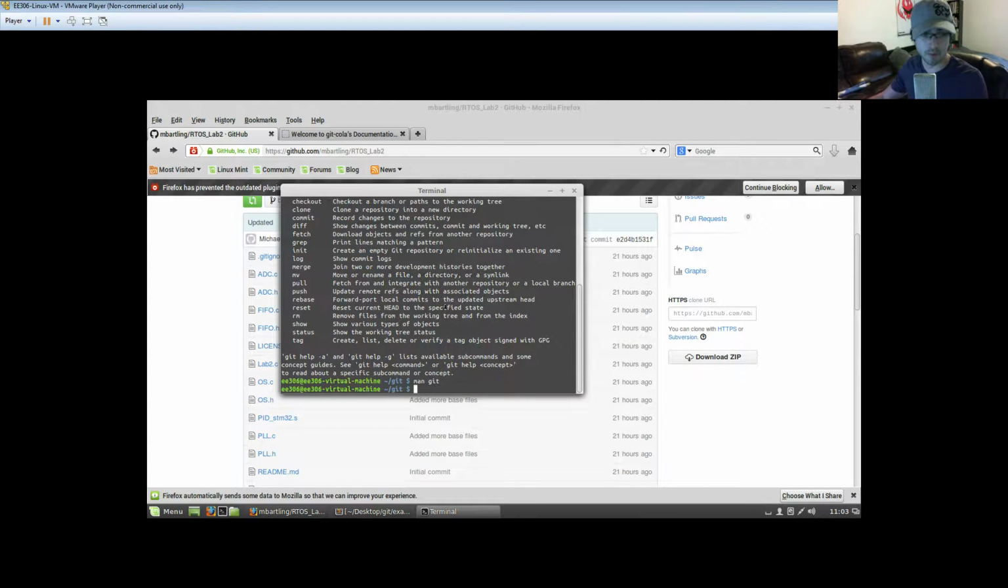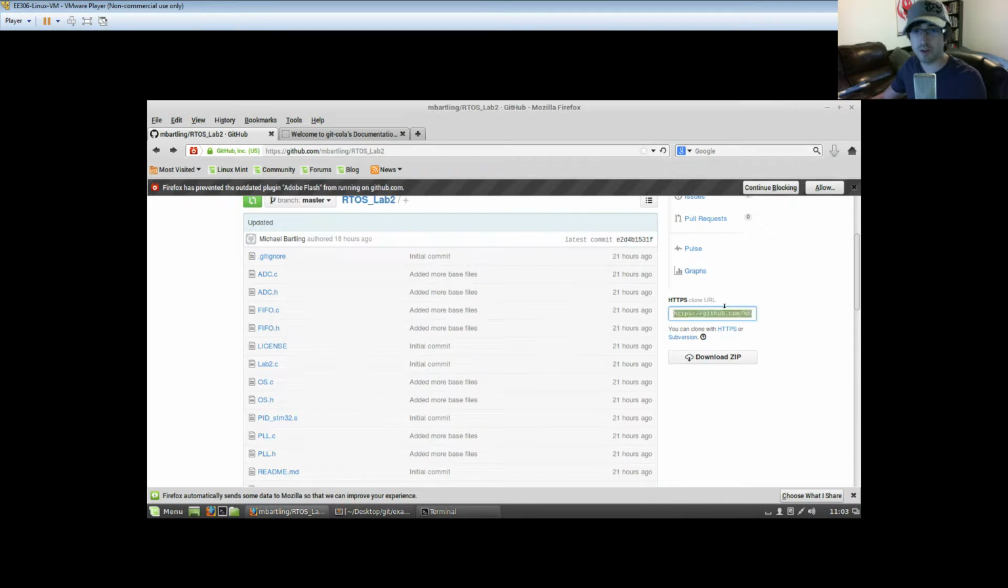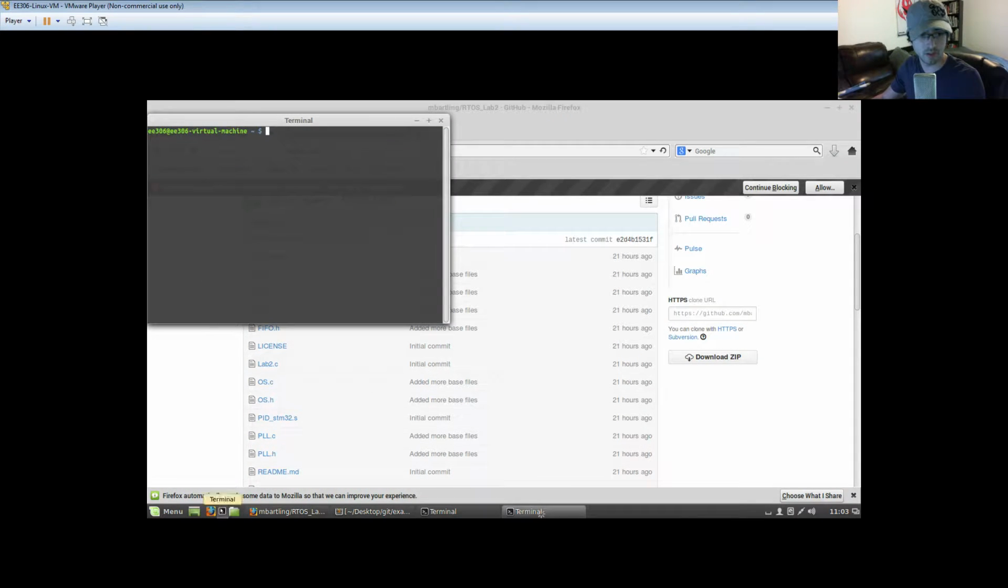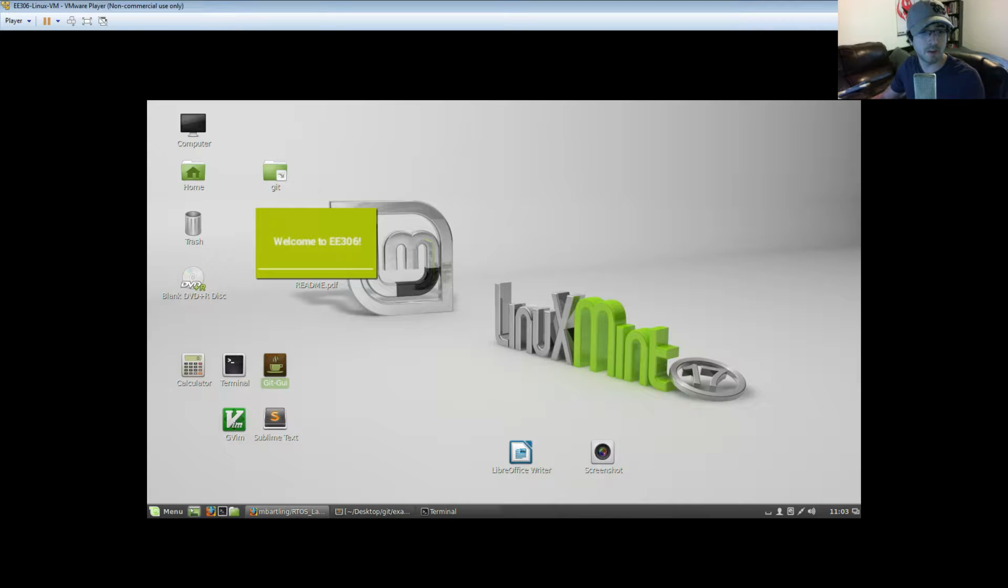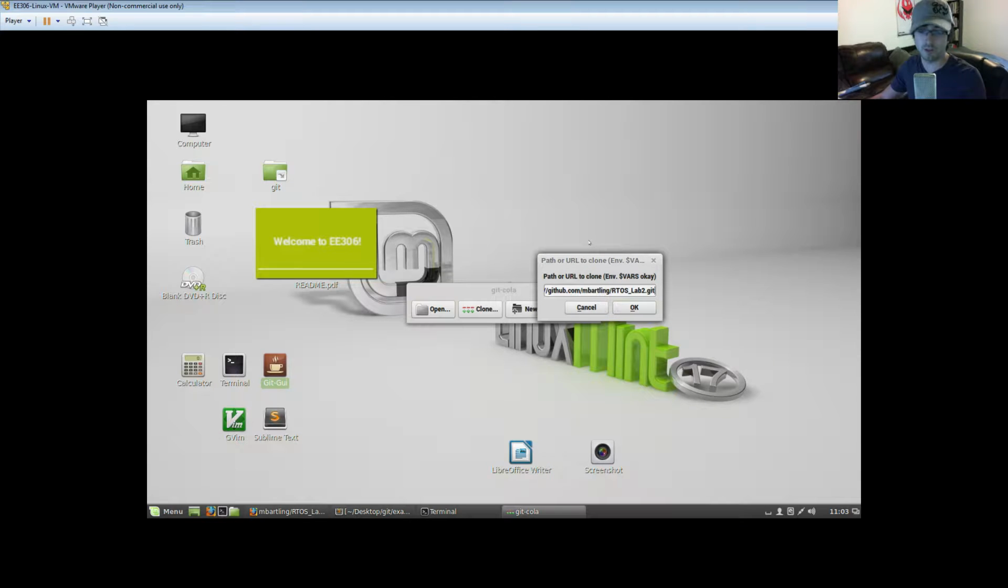Now let's open up the graphical tool that I have installed. I copied this link for the URL that I want to clone. I don't need to open that. And let's open up our Git GUI. So let's clone this URL. Basically, let's bring all of the code and revisions that we have in our Git remote repository